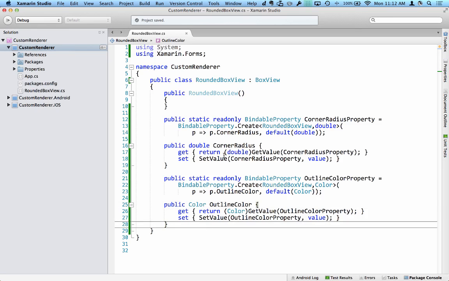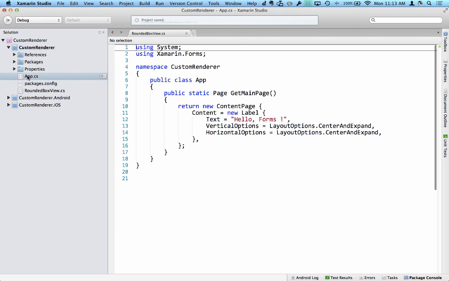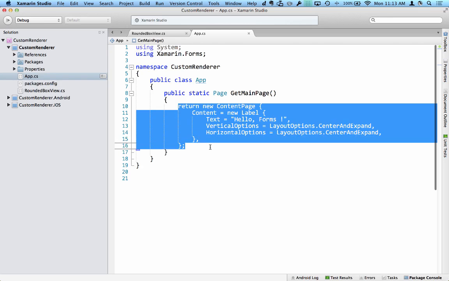Now, with this in place, I have a box view that describes a corner radius as well as an outline color, so that I can get both an outline on the object and also get it to be rounded. So let's go ahead and use this. Let's go over to our app.cs where we're creating our content page, and I'm going to remove this code here,